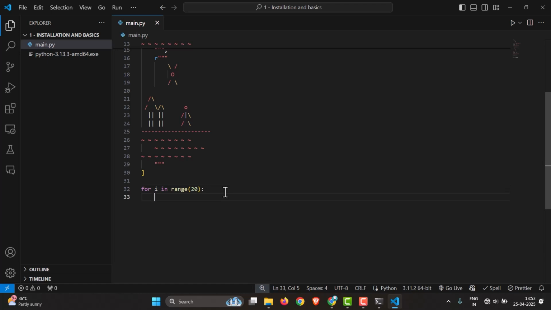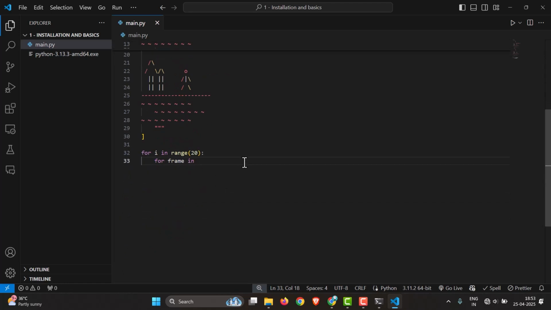In Python, it is a standard practice to use four spaces for the indentation. In VS Code, if you press tab, it will use four spaces as well. You can use two spaces as well, but you just have to be consistent with the amount of indentation you do. Then, inside this, we'll use again a for loop. So for frame in